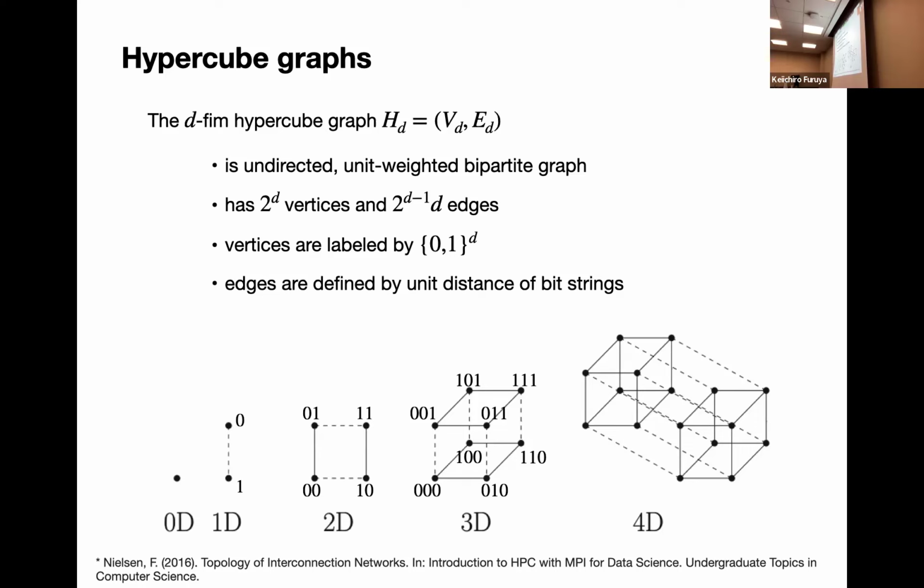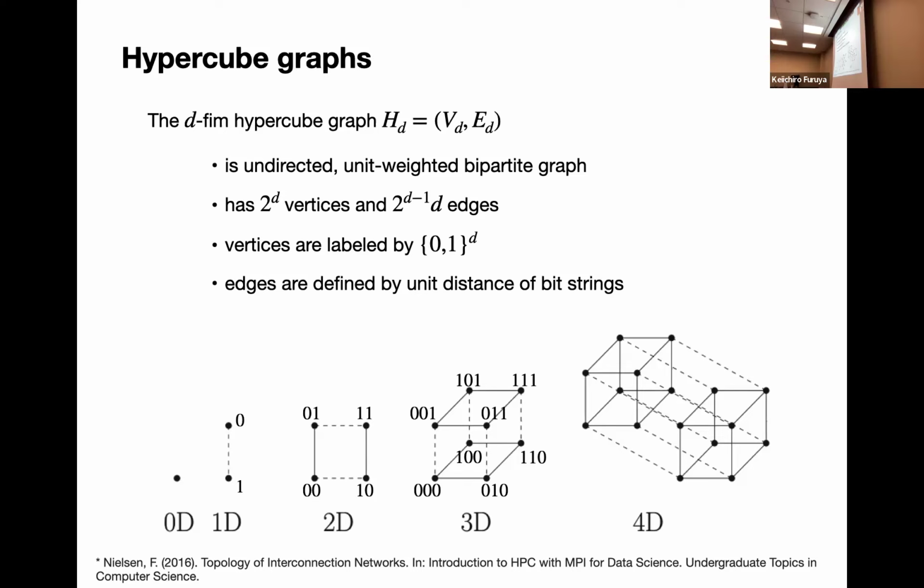Okay, so this is the bipartite graph. For example, for the square graph, you can separate. So this is 0,0, 0,1, 1,1, 1,0. If you have a square graph, it's a bipartite graph because you can separate two vertices, 0,0 and 1,1 as one set, and 0,1 and 1,0 as another set. And then there's no connection between these two because the distance is more than one.